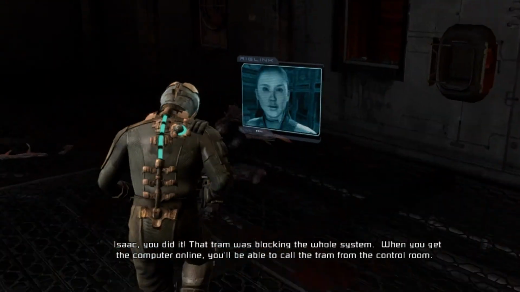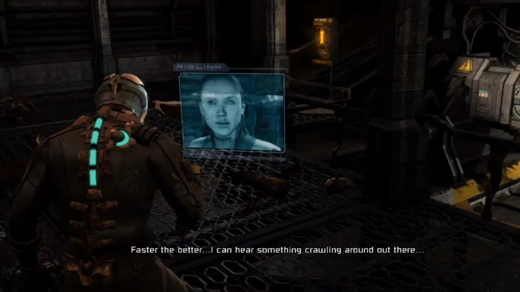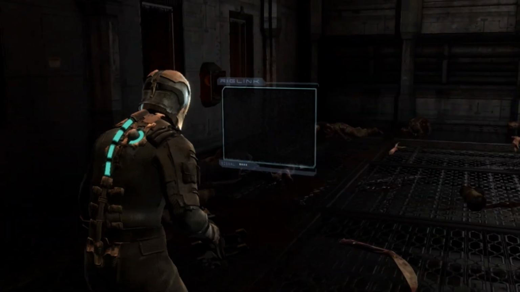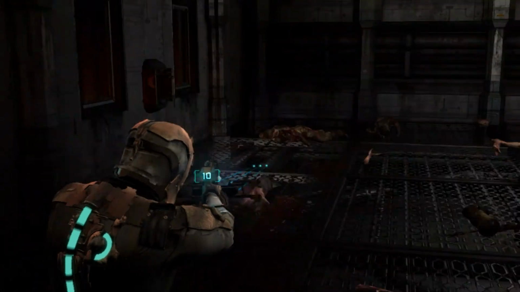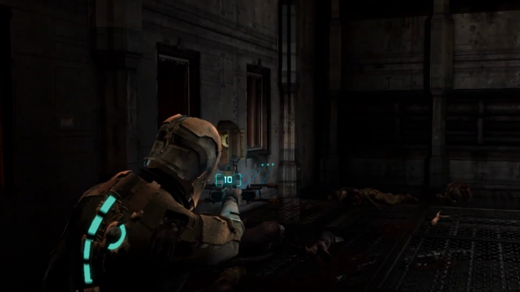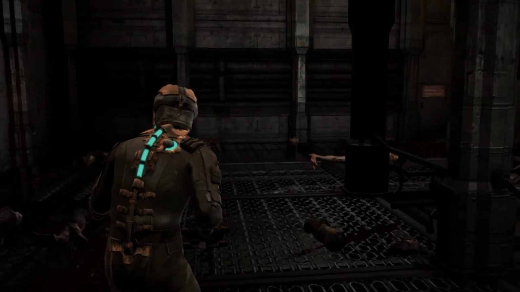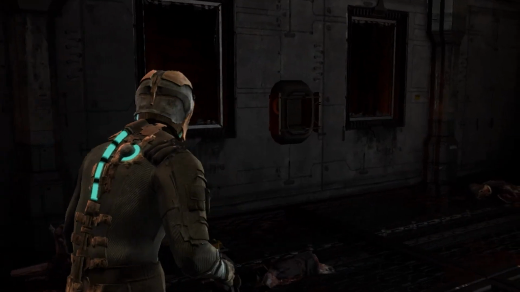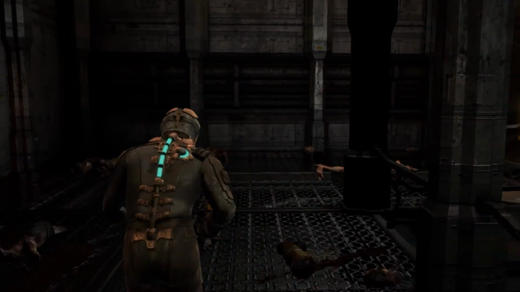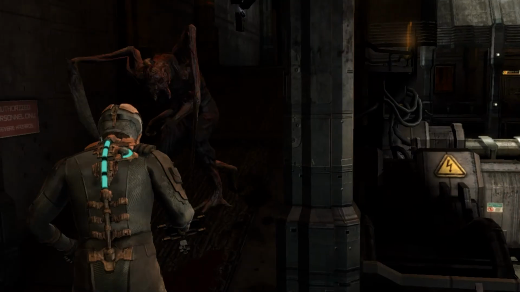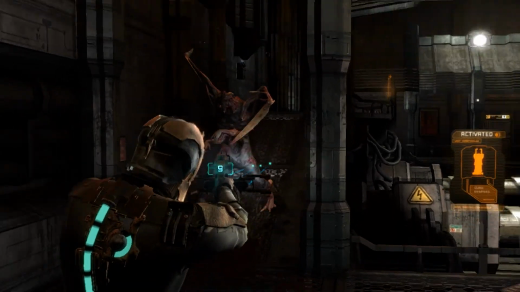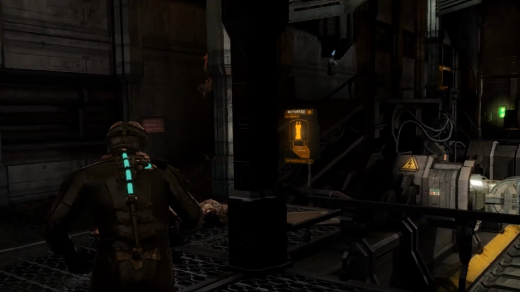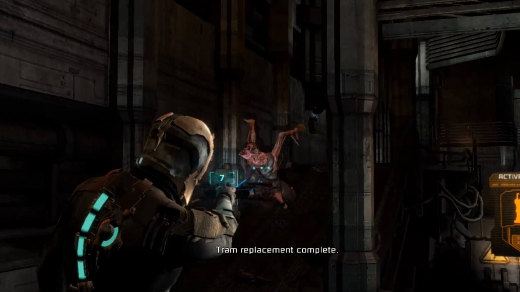When you get the computer online, you'll be able to call the tram from the control room. Faster the better. I can hear something crawling around out there. Tram replacement complete.